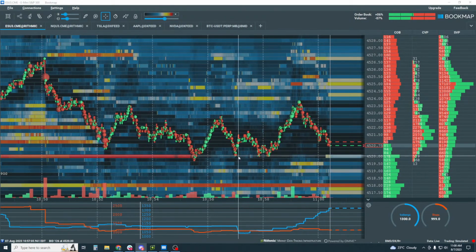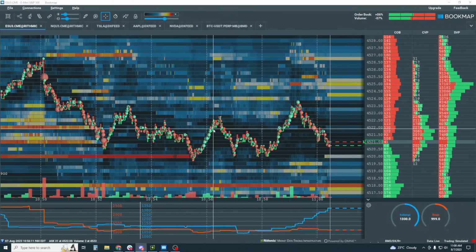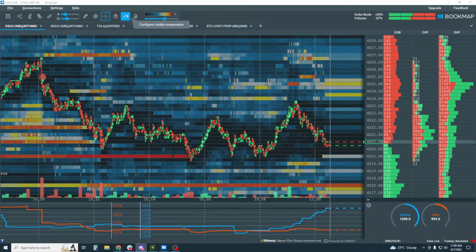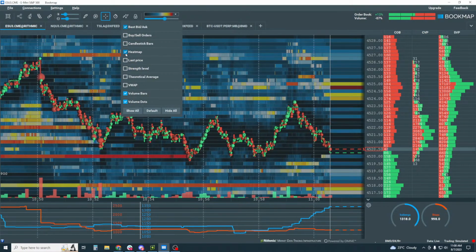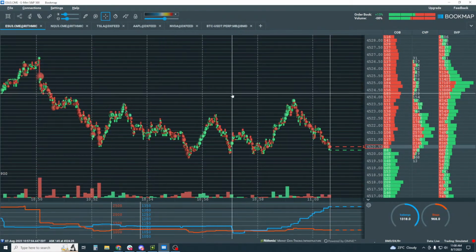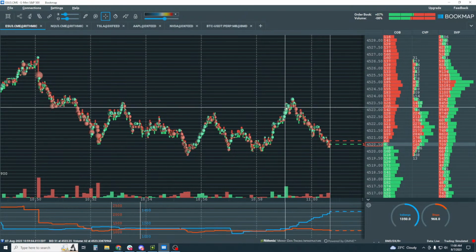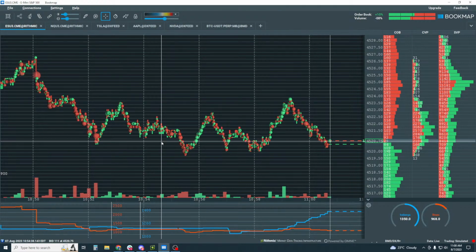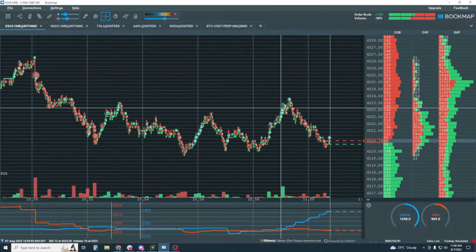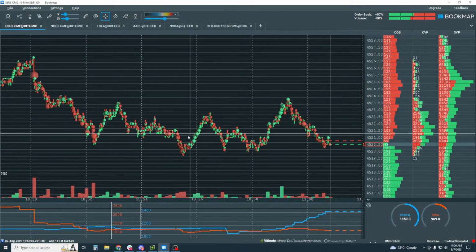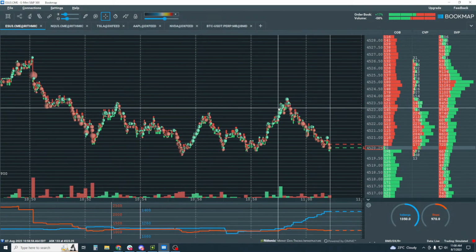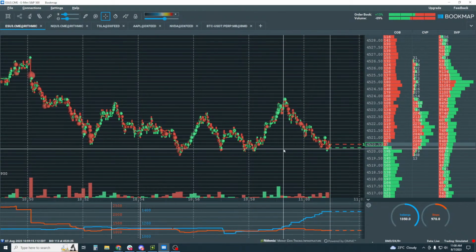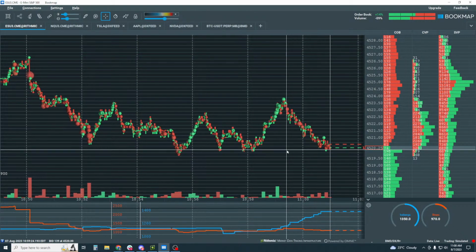So we're talking about context in here, and we took off the different layers of context, or different elements. So we can also take off the heat map, and now we can just look at context of volume and price structure. Now this is a really good view of the market, in my opinion. You can really see the context in here. Buyers coming in, okay, sellers taking it down lower, but look at buyers coming in, and they're able to even trade up into and above this swing here. So this could be a potential reversal.